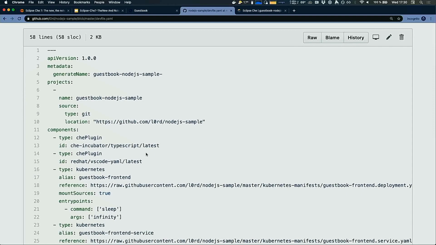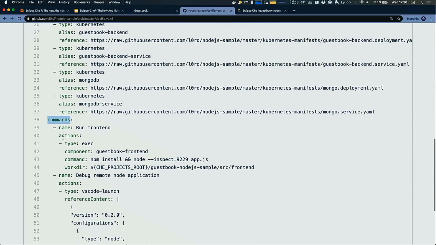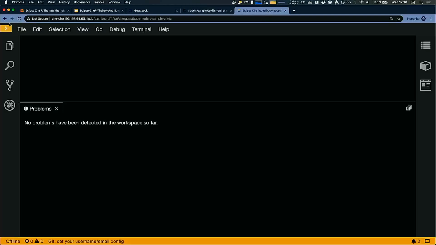Yeah, you can see that you have a component comment section, and the first comment is run frontend, so it runs the frontend application, and what it does is actually an npm install, and then it runs the application like that. And then there is another command for attaching the debugger. So hopefully